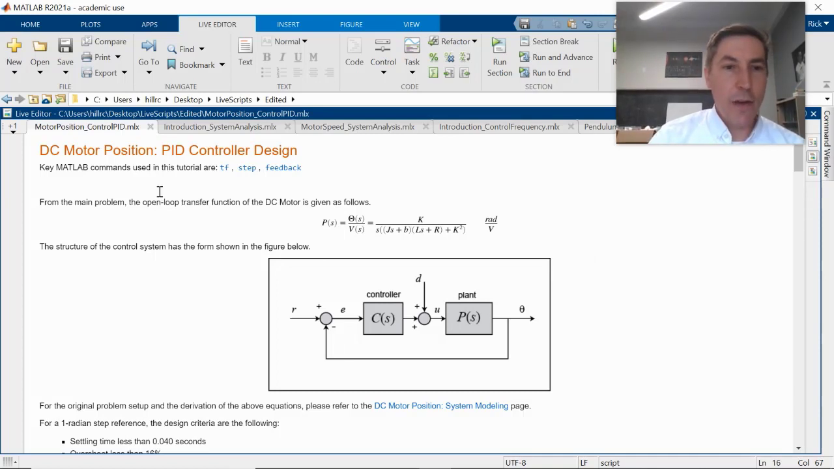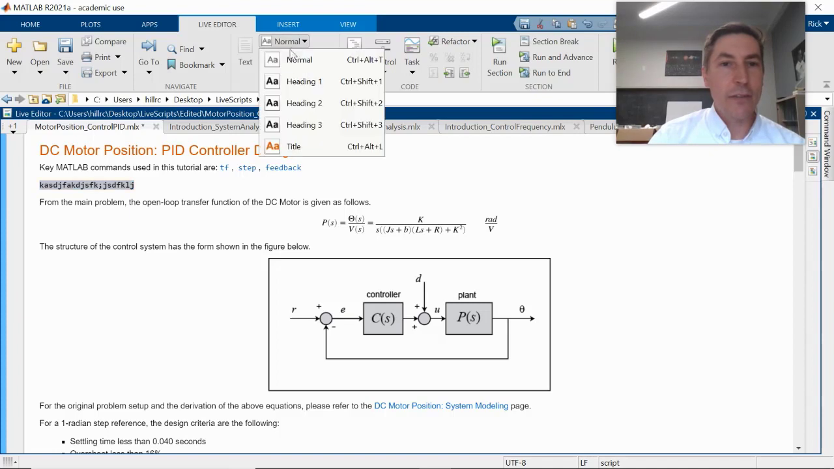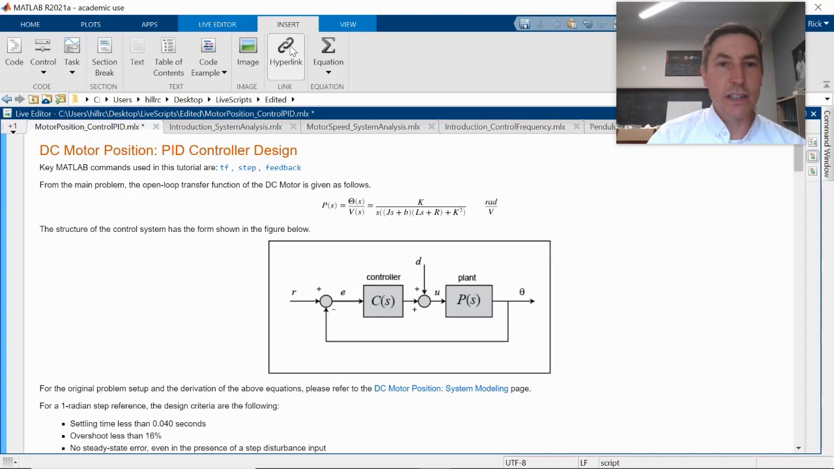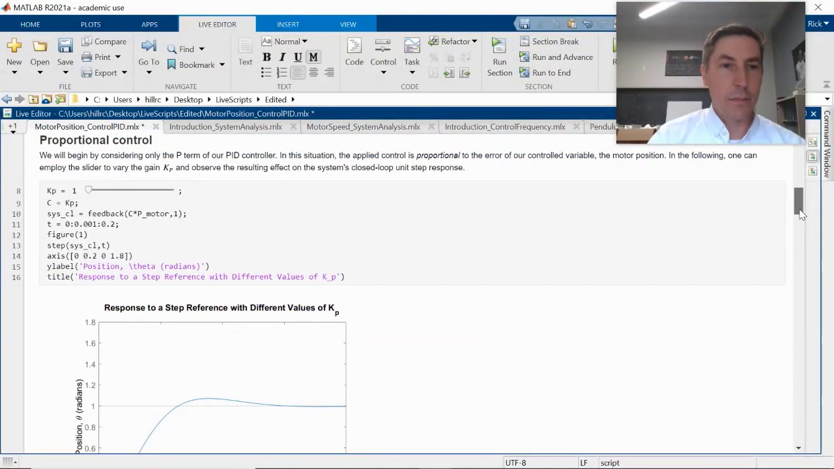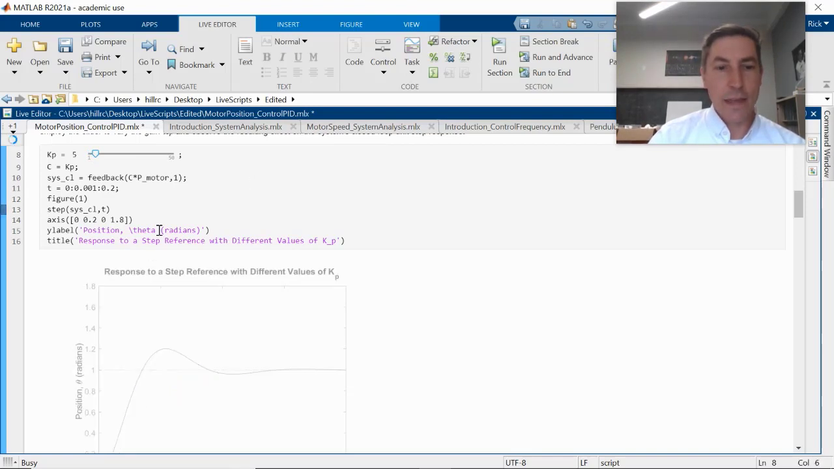Right away, if I was in here, I could type right into the document. I can go up into the toolbar. I can change the formatting of things. I can insert equations and hyperlinks and figures. I can include these different types of live controls. Down here, I have a chunk of code, and I've got my slider for the proportional gain. If I adjust it, it changes the value of that parameter in real time, and then it runs the code, and you see how it affected the